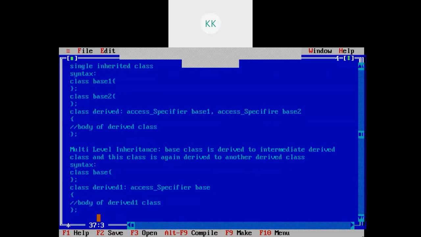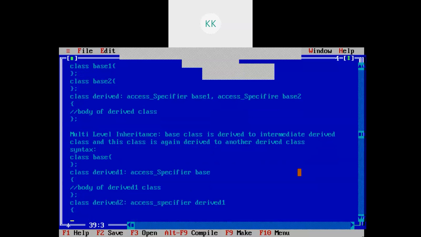Then this derived class 1 is again derived to derived class 2, with the body of derived 2 class.